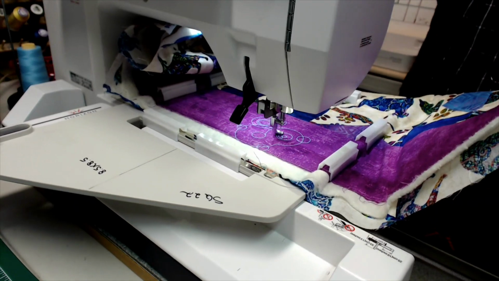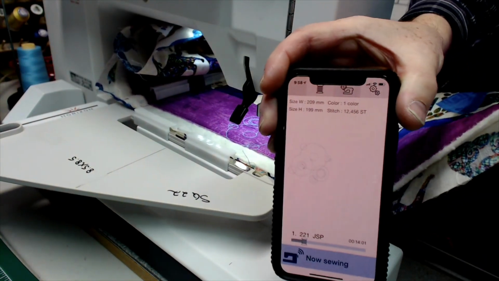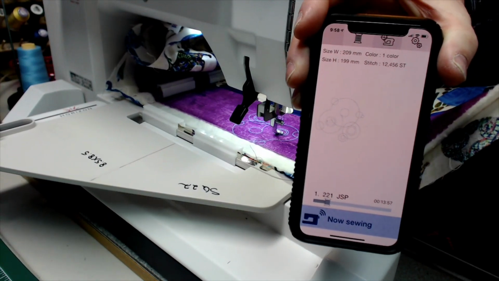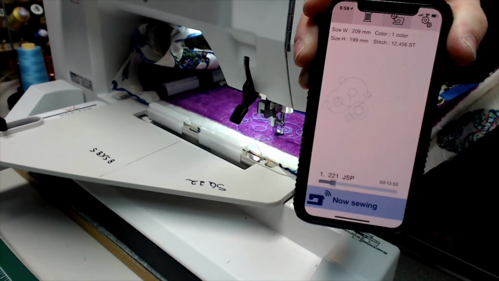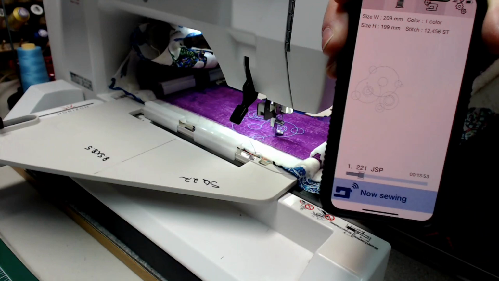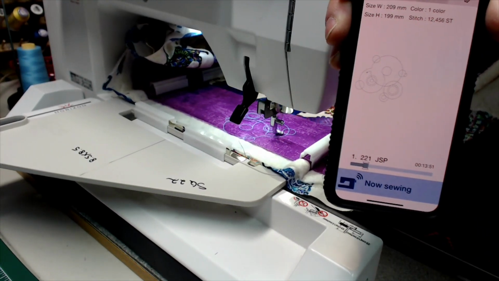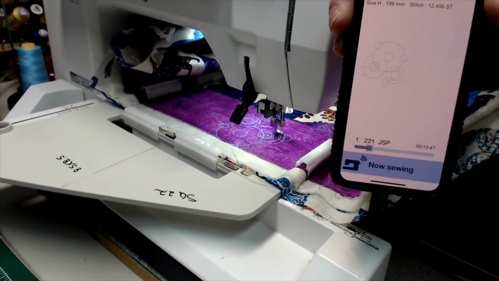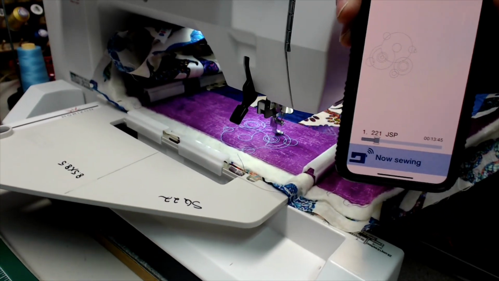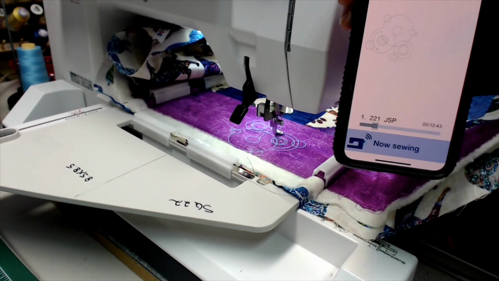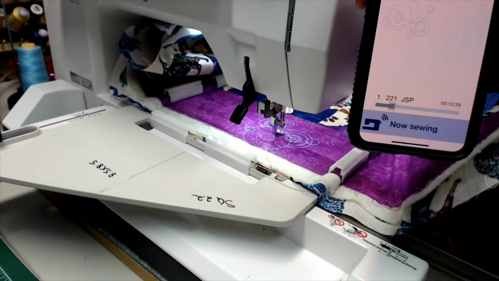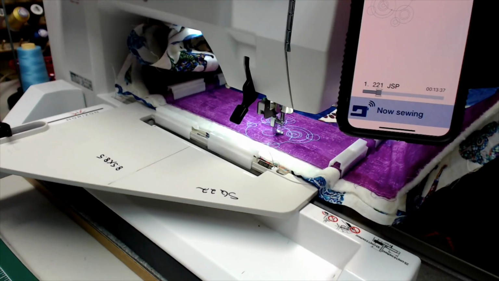Here's what it looks like on my phone. You can see that. And it's following it. It's telling me how many minutes are left and what its progress is. If I go away from the machine and I have a thread break, this will warn me there's been a thread break. The uncanny thing about the technology is as soon as I move away from this machine, there'll be a thread break. Maybe. But I've had a lot of luck, knock wood, with this thread that I'm buying from